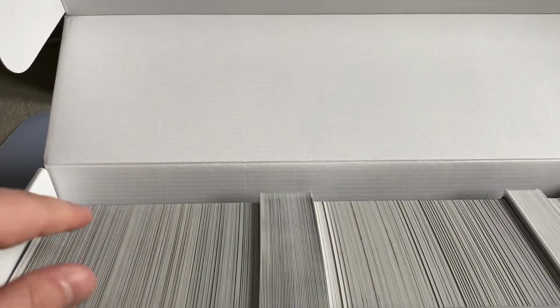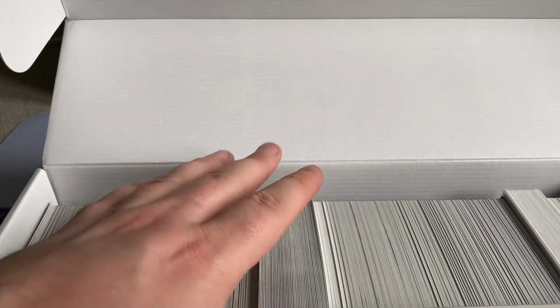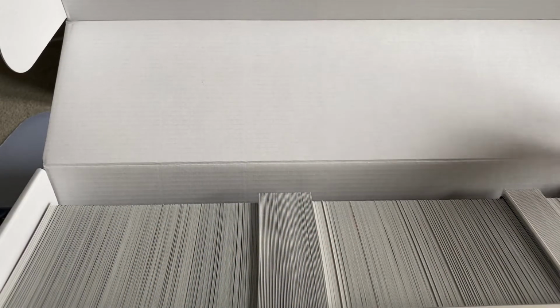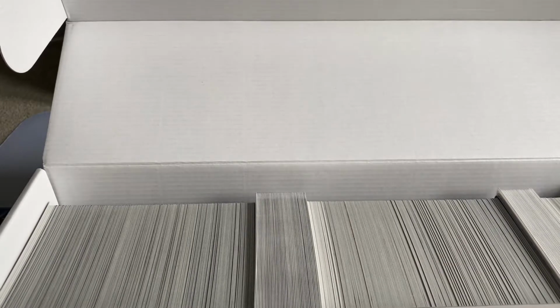So we have the commons and uncommons outside of sleeves, and then the rares I finally decided to put into sleeves. I've been saying on previous videos that I don't sleeve up the rares, even though they have foiling on them, just because you get a lot of rares, you get 2 per pack. So I haven't been sleeving them up, but I've decided to finally bite the bullet and sleeve them,